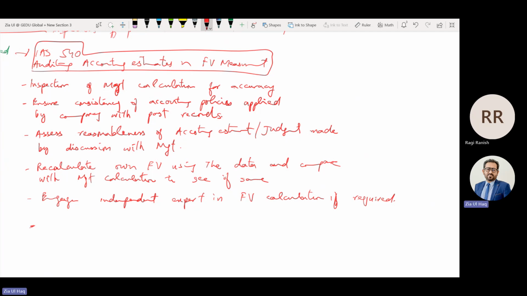the assets that have been written at fair value, if that asset is going to be sold after year end, we need to see at what value it's going to be sold. Whether the value is similar to the fair value recorded in fair value measurement or different. If the value at which the asset is going to be sold is too much different, this means that fair value was overstated. So what we need to do,